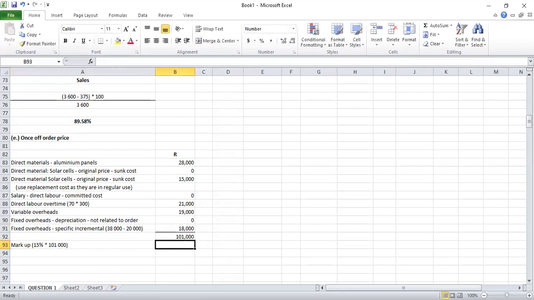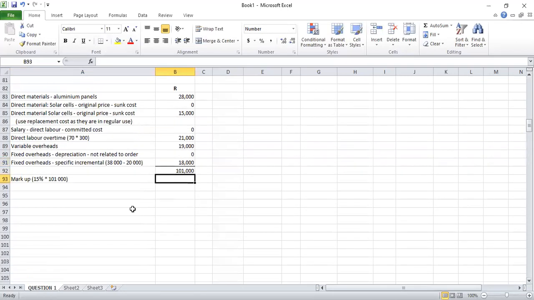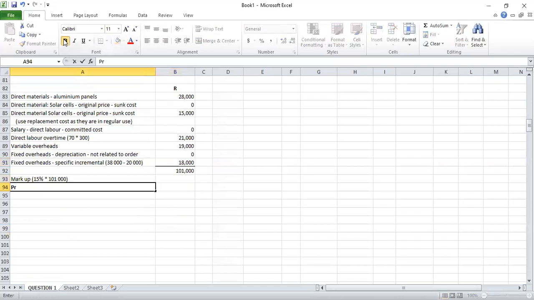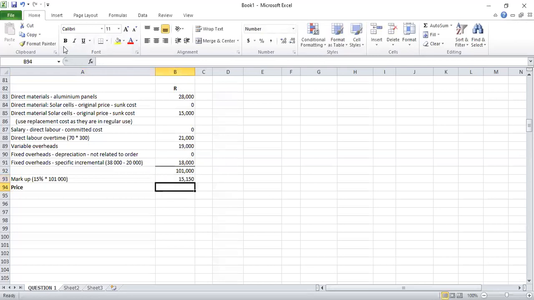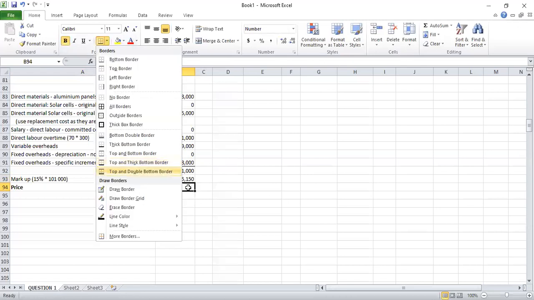What do we get? 15,150. So the price that they are going to charge would be equal to